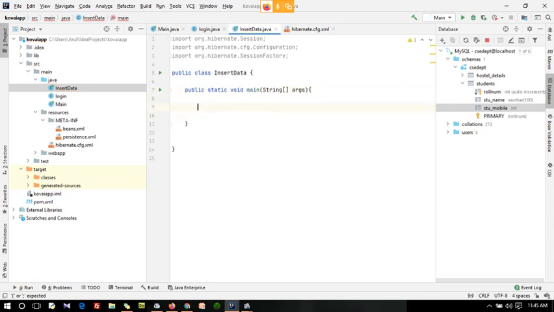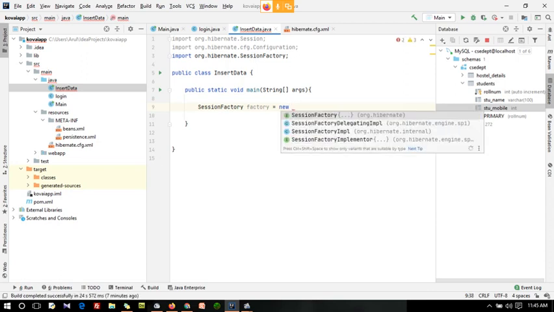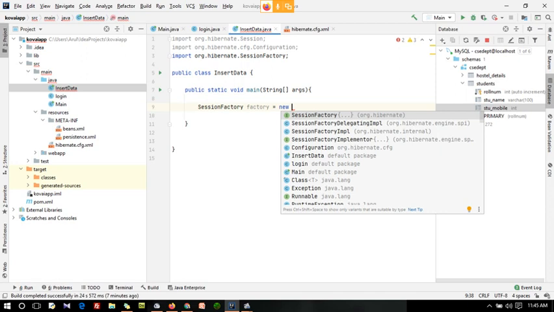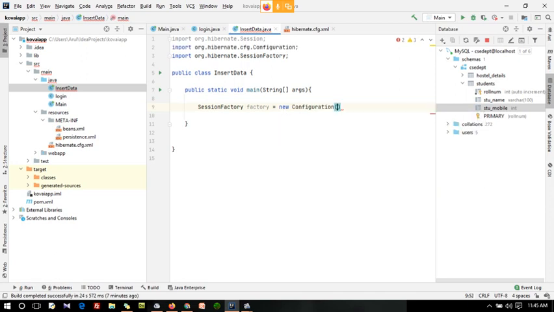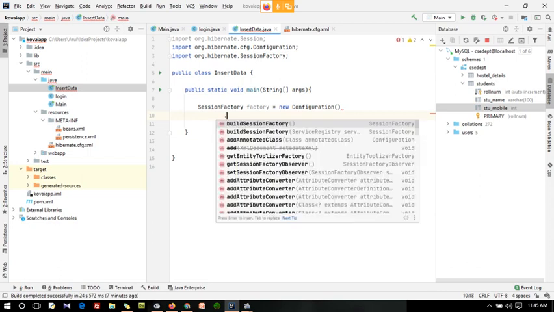Inside this, guys, I am going to create an object for session factory. SessionFactory factory equal to new Configuration. In this you want to send the configuration file.